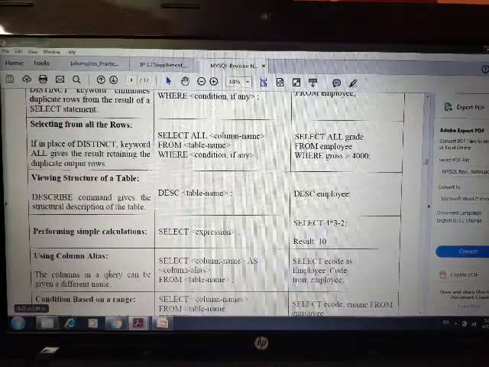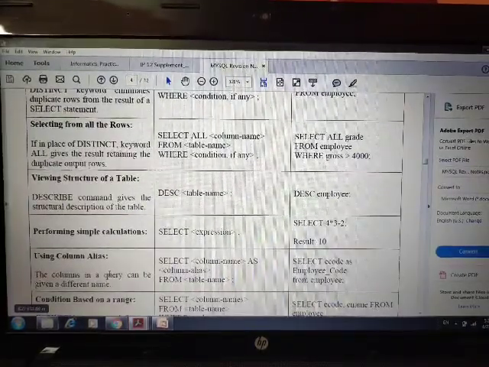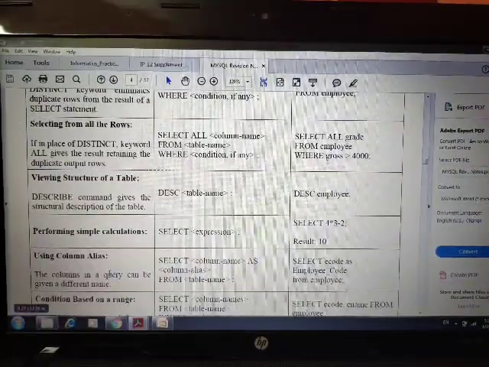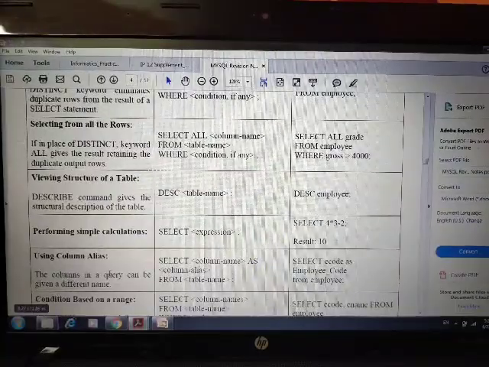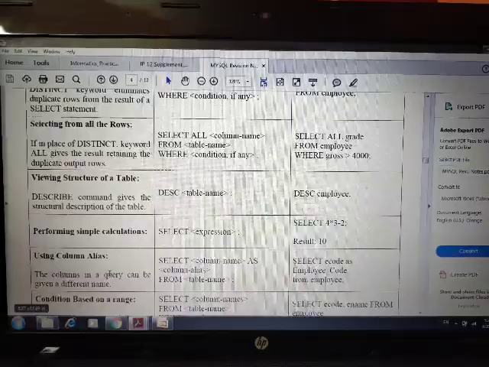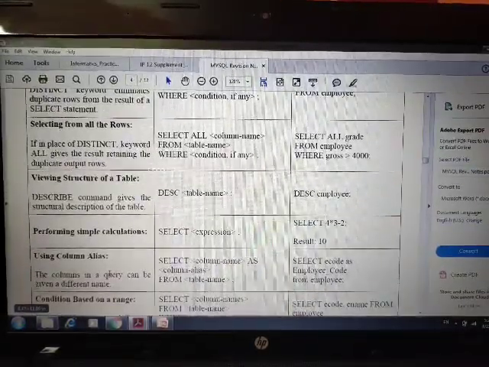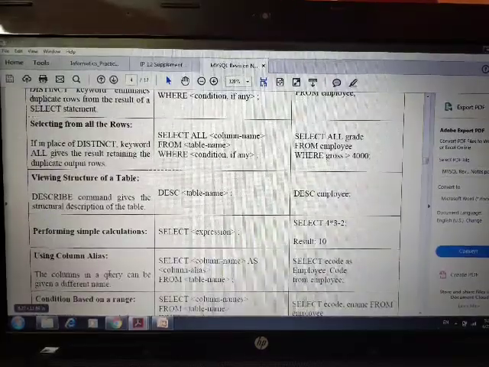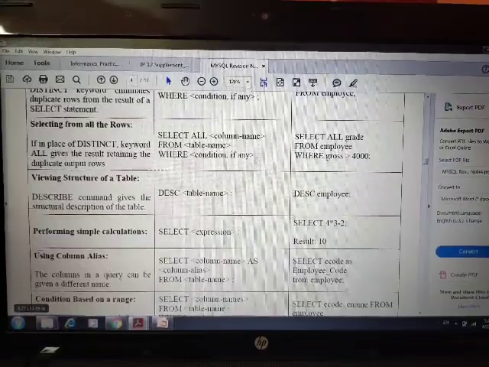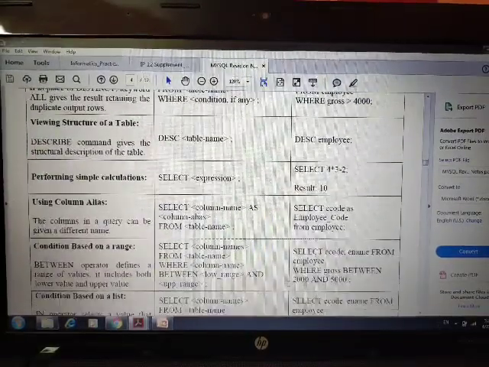Suppose you have given the column the name imply code, but when you are displaying that table you want to display only 2 words, EC, E meaning imply column. You can do that with the help of column alias, meaning giving an alternative name.